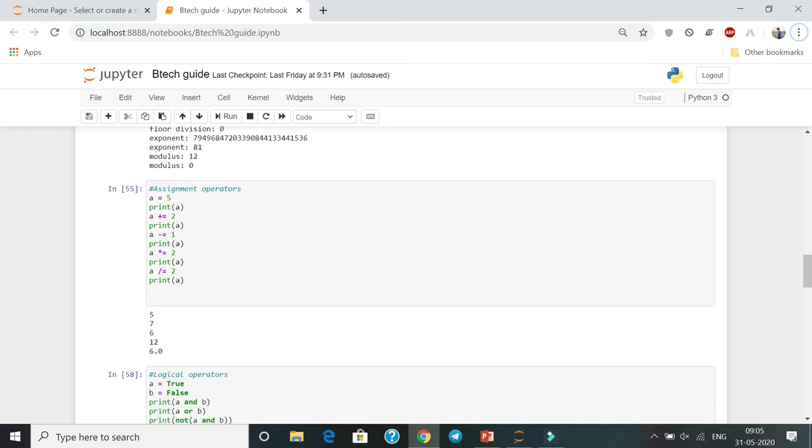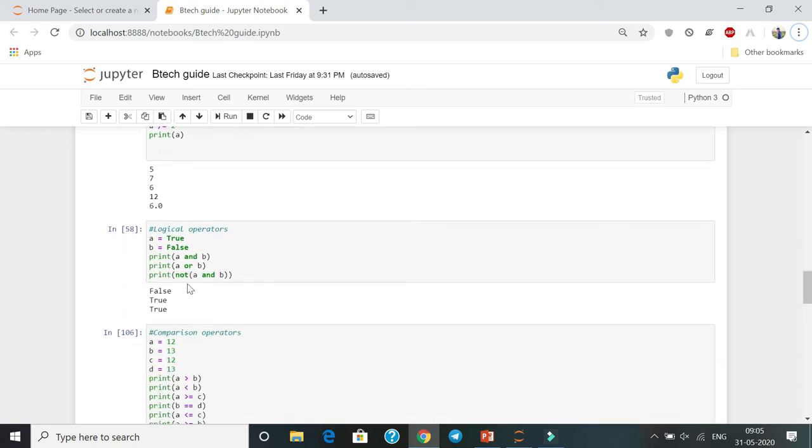This is assignment operators. Now when we go to logical operators, we have just given some boolean values so that we can understand more simply. Logical operators are mainly used in control flow statements like if and elif, which we will learn in later videos. Here we have just used print so that we can know if they are correct or not. And these are similar to the logical gates we have seen in our earlier classes in electronics.